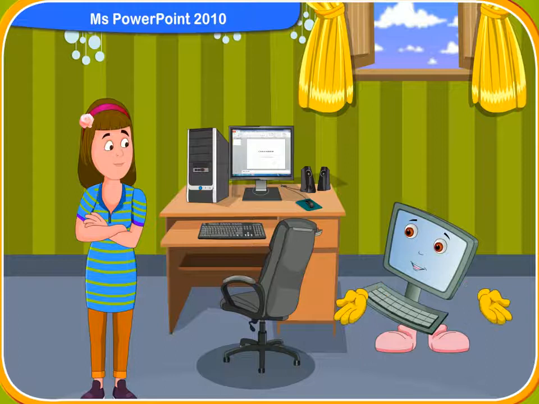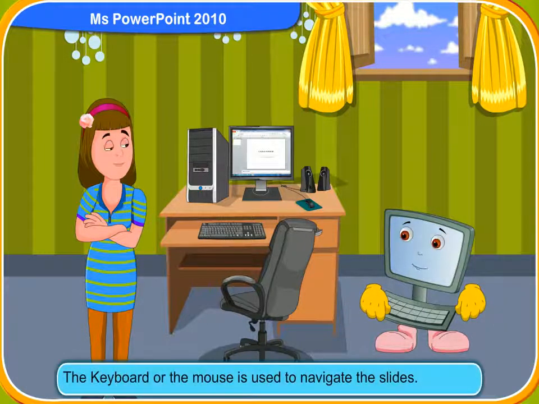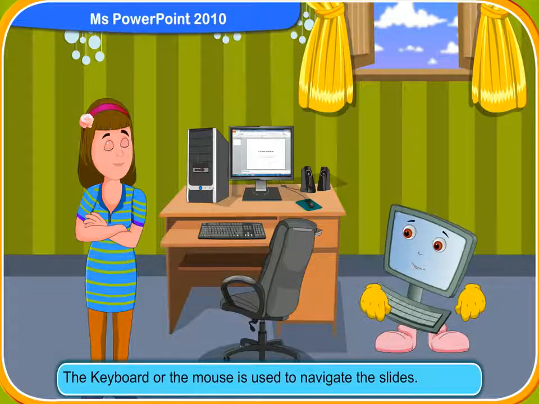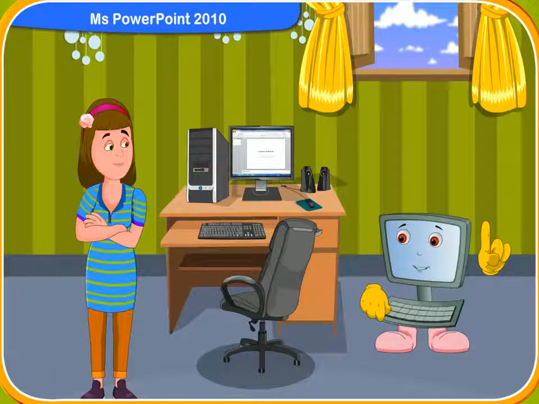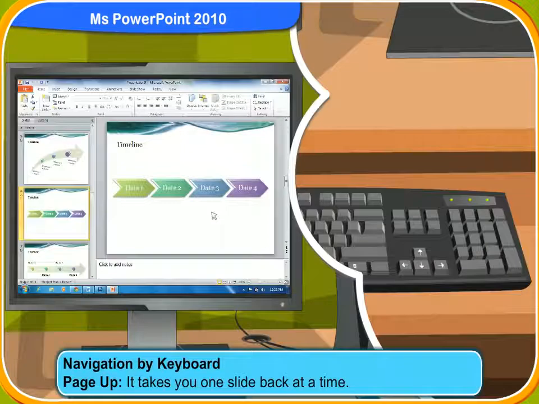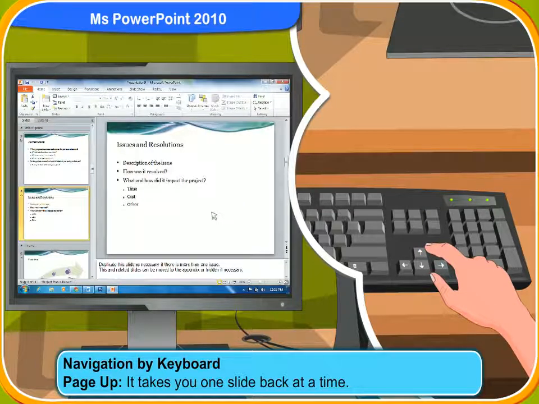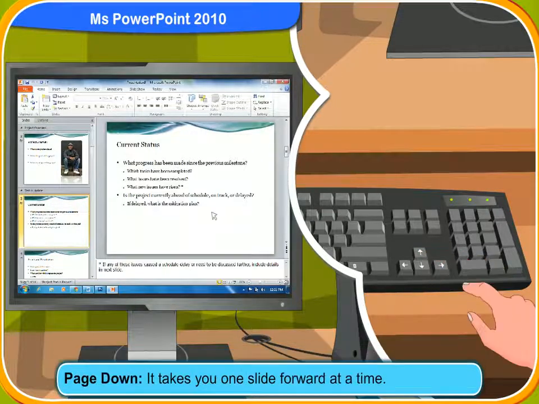Let us now discuss how to navigate slides. There are many ways you can navigate slides while editing the presentation. The keyboard or the mouse is used to navigate the slides. These are the shortcut keys you can use to navigate slides in PowerPoint. Page up. It takes you one slide back at a time. Page down.